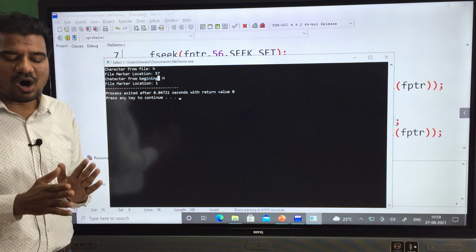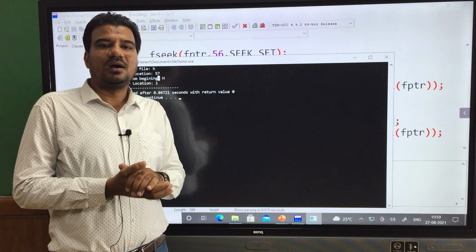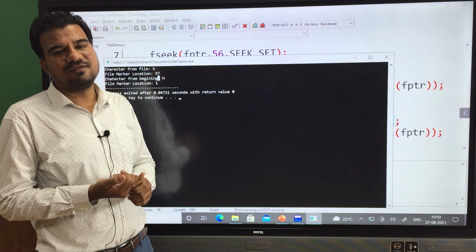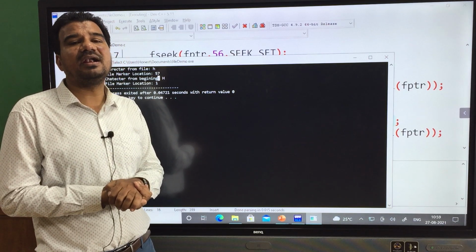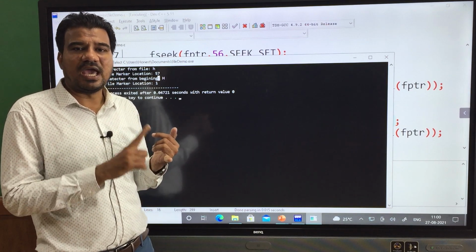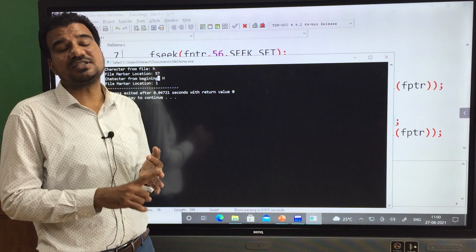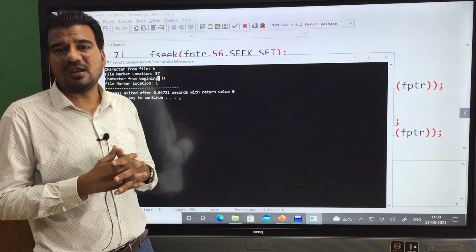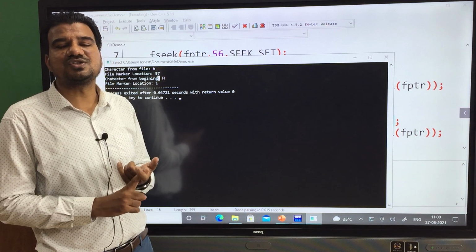Hopefully you understood all our functions. In today's session, we mostly discussed 3 functions: fseek, ftell, and the rewind function. These 3 functions are also important. Inside this file handling concept, from the beginning we discussed fprintf, fscanf, fopen, fclose, fseek, ftell, rewind, 7 functions, and some character manipulation functions also, like fgetc and fputc. These 2 functions we also discussed.